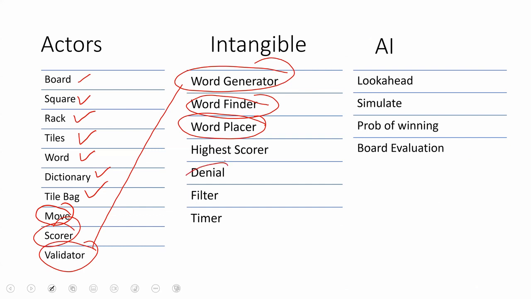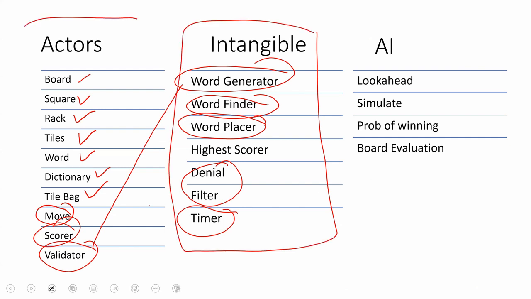And denial and filter again is a piece that work together. So denial would basically say, मेरे पास ये 100 moves हैं, इन 100 में से कौन सी moves हैं that make sense, कौन सी move हैं that make a lot of sense right now, but they would open up the board for you or for your competition. And then एक और है जिसकी हमने बात नहीं की, which is the timekeeper, the clock. So you have limited amount of time in which you can place a word on the board. You have to then make sure कि वो भी चल जाए. अच्छा, फिर ये intangible हैं that deal with the operation of the board. और ये आपके actors हैं जो हमारे सामने नजर आते हैं.